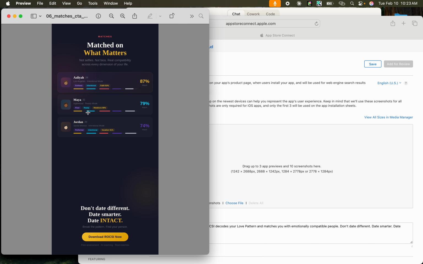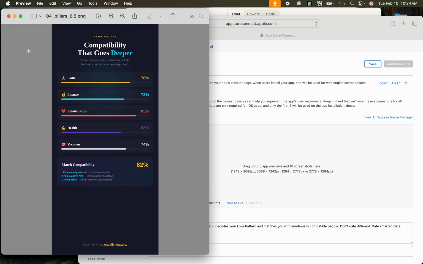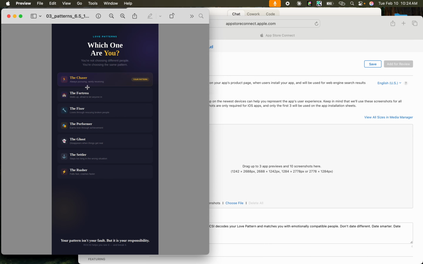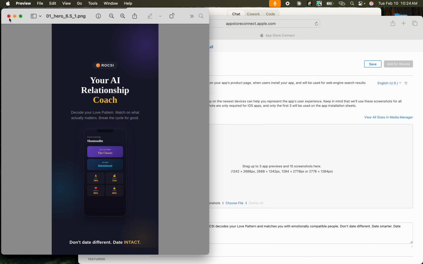I like this a little bit because it has kind of my framework and the different patterns, the love patterns, but visually it's not really saying what I needed to say. And this right here is really dope as well because it's showing off the messaging and how Roxy actually coaches you, and it's an AI coach. This one shows the 5 pillars, but I don't like it because it's kind of stale and not really popping out at you and saying I want to download that app and use it. And this one is the same way. It doesn't have that thing that I need.